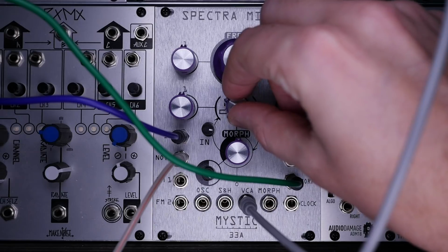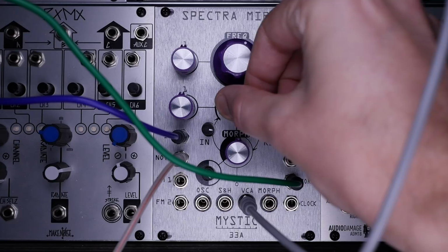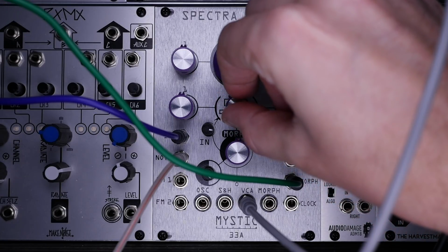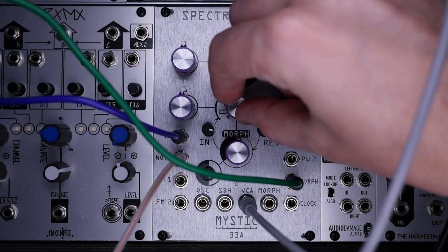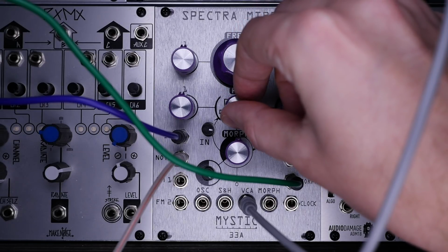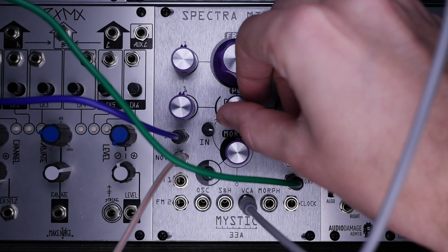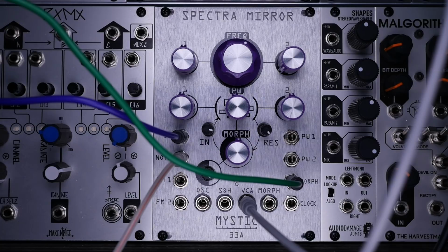And now we'll just play with the pulse width. So again, to the left is more of the sampled signal. It's holding a sample for longer, and more to the right is passing through more of the unaffected raw signal, which would be the sine wave bipolar modulated by the saw, the sub-saw. And since they're both getting the same 1 volt per octave signal,